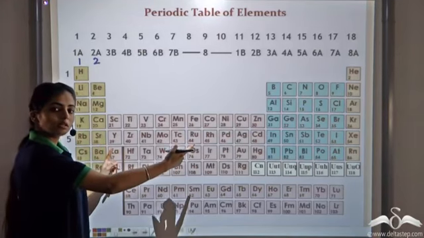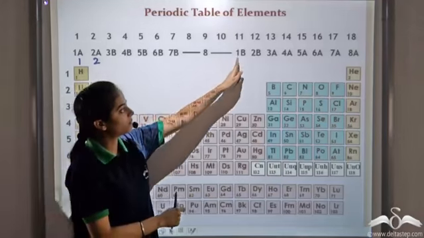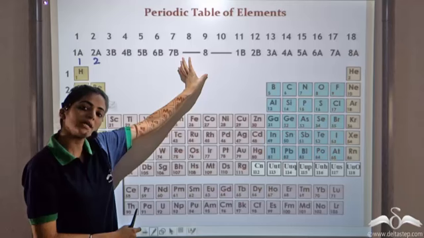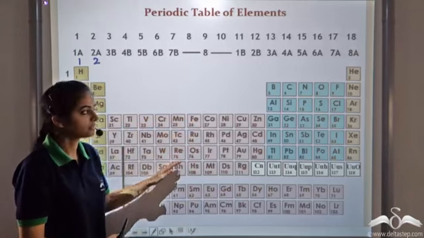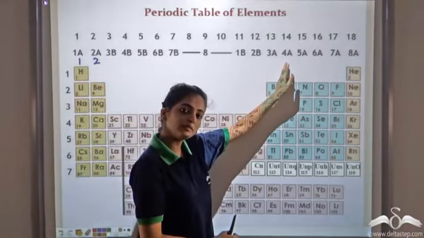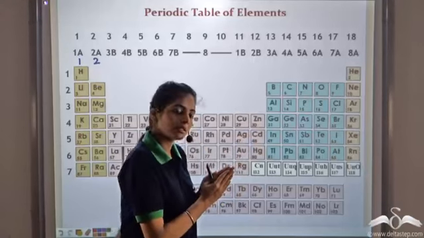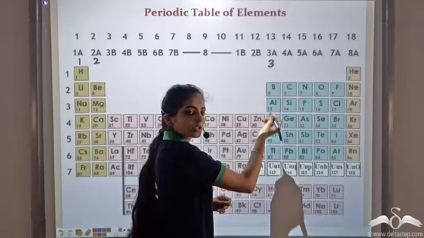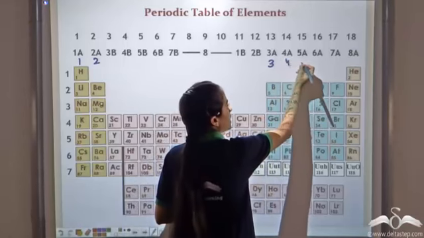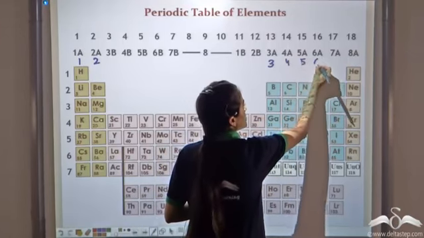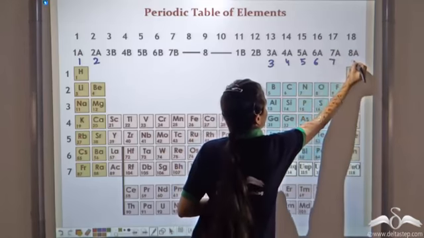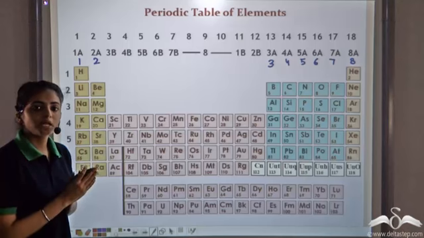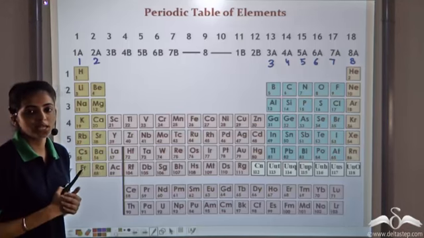Group B elements are those which are placed from 1B, 2B to 7B, and these three groups belong to group 8 of the B group series. Then we come to group A again. Let's talk about the group A elements right now. Group 3A again means there are three valence electrons. Group 4A, four valence electrons, 5, 6, 7 and 8. So these are the number of valence electrons present in the valence shell of these elements.